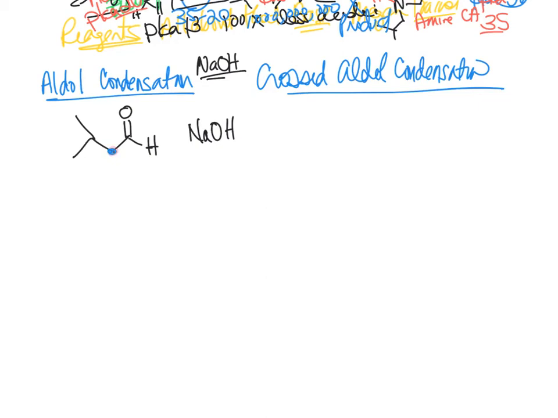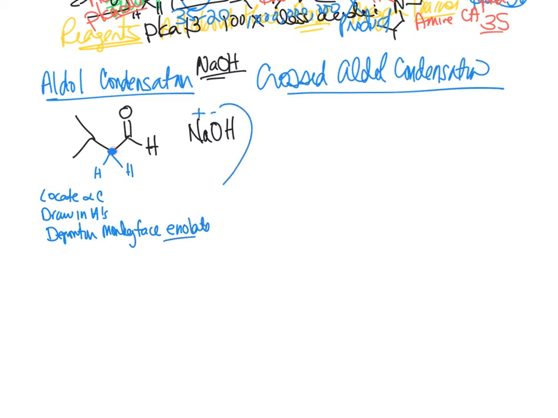So here we have our alpha, and then we want to draw in our hydrogens. You locate the alpha carbon, draw in hydrogens, and then deprotonate to make your monkey face. We're going to make our enolate, because you have to know this mechanism. All right, so when we draw that,